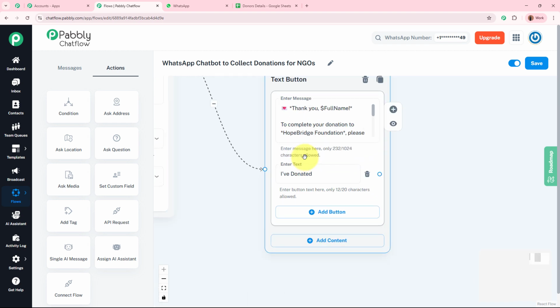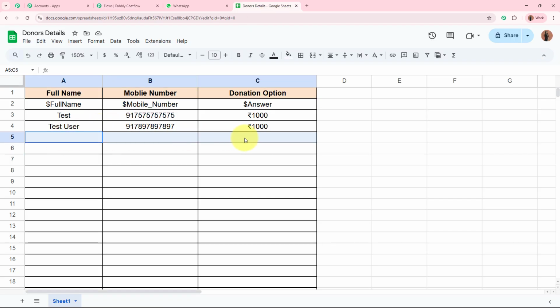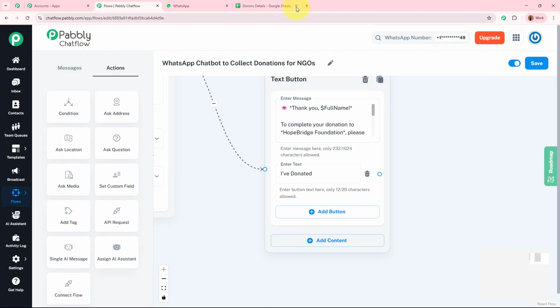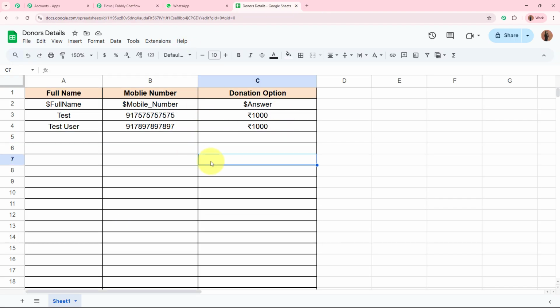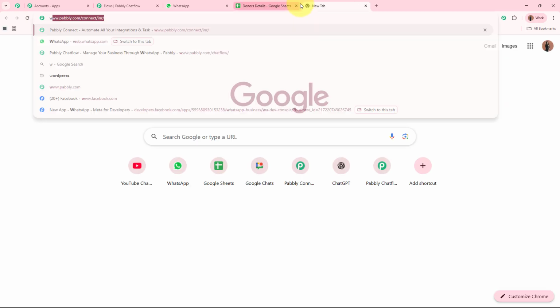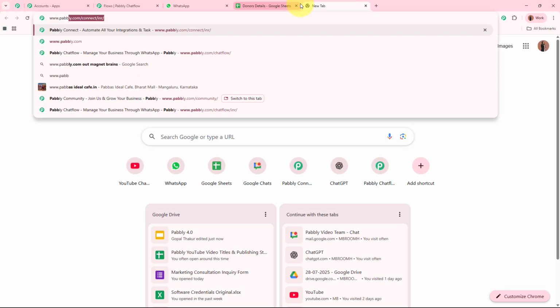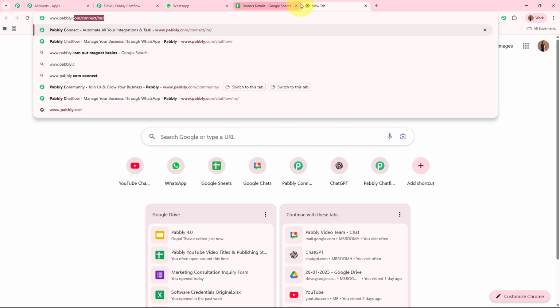Now as soon as any of the donors click on this button, I want to send them a thank you message for doing the donation. But before that, as I want to create the record of the donor's details in my spreadsheet, I have to send the data from this bot towards this spreadsheet, and we're going to build the connection between the bot and spreadsheet using Pabbly Connect. On a new tab, I'm going to browse the website of Pabbly Connect, that is